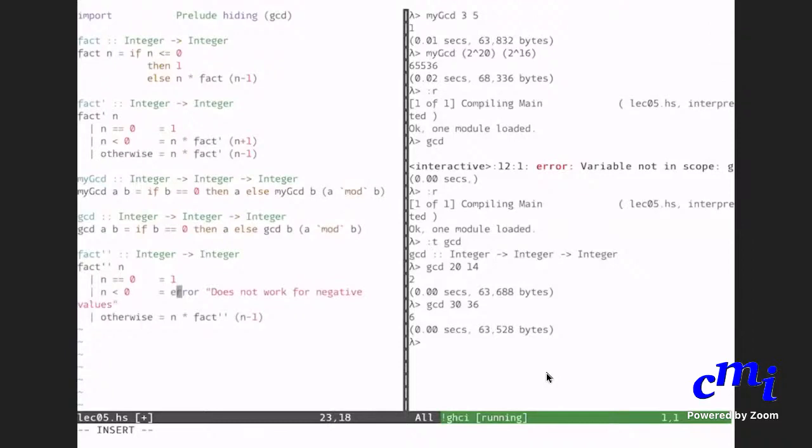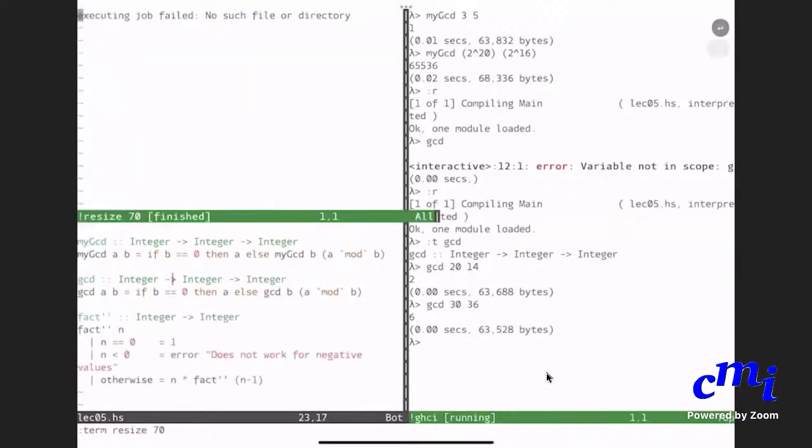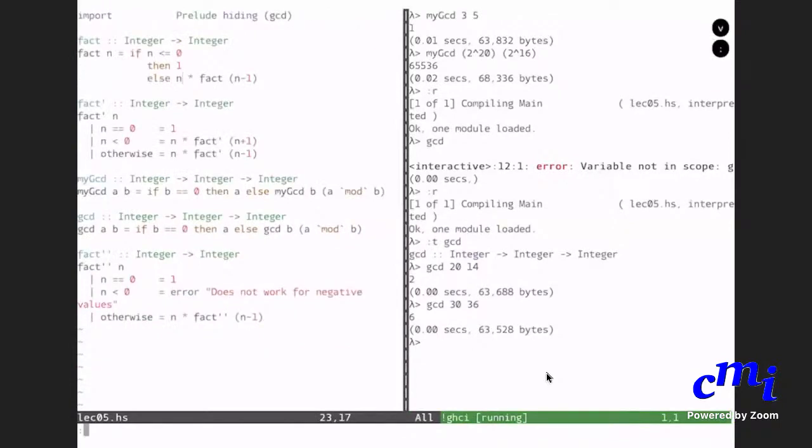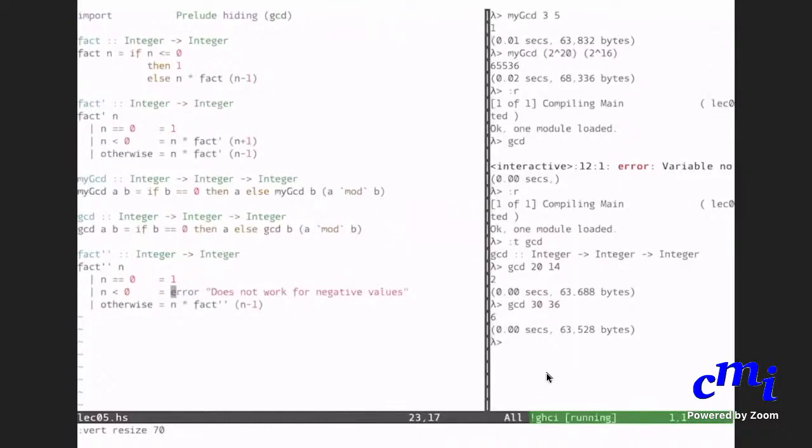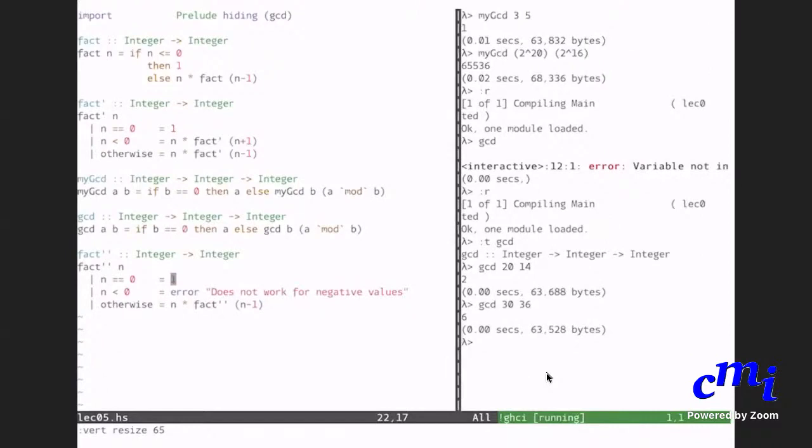So, yes, so this is it. Okay, good. So is this clear? How I can use this?